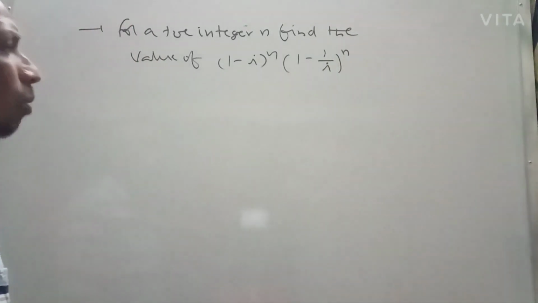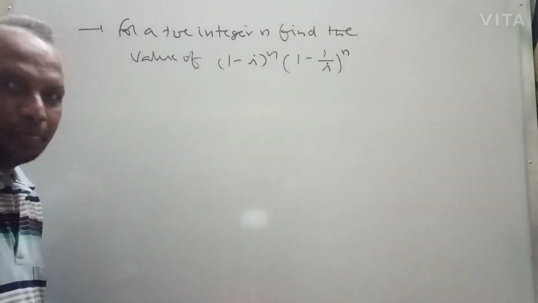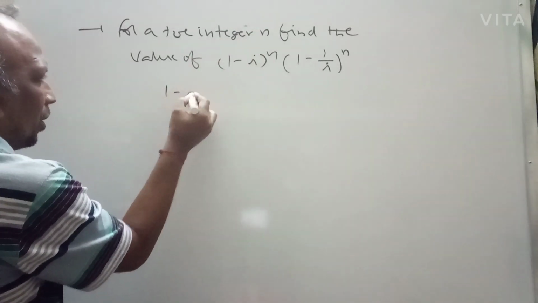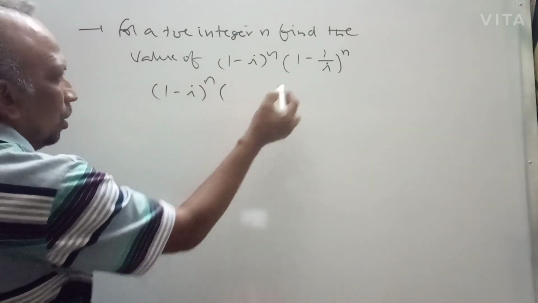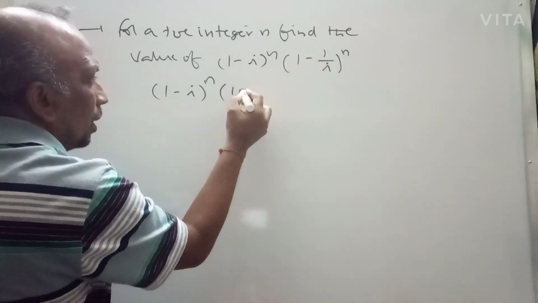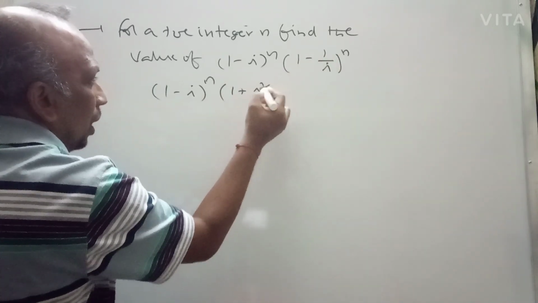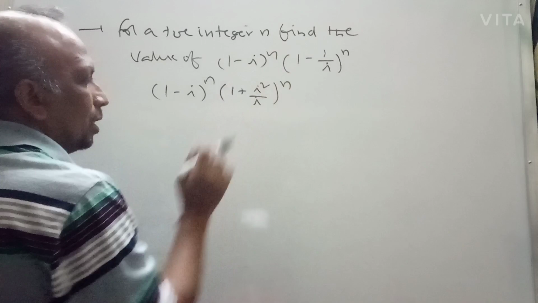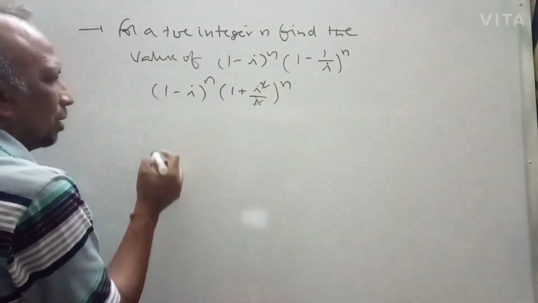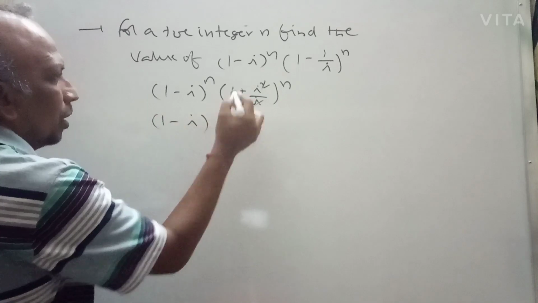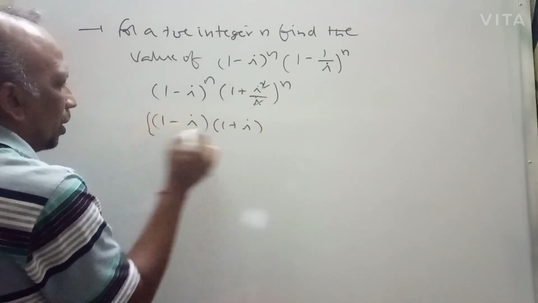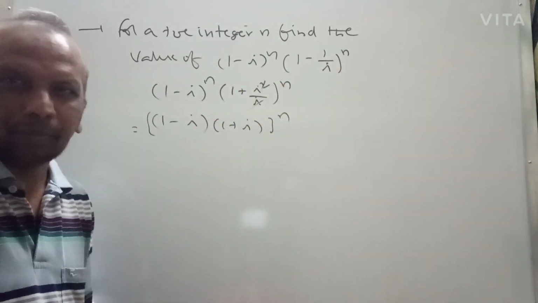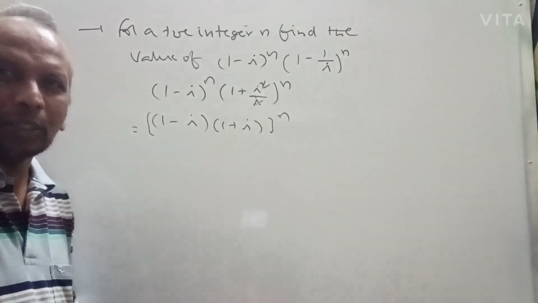Now you can see in this problem they are asking for a product of these. What I will do here is convenient. I can replace the 1 by i, writing minus 1 as i square. So it will become (1 minus i) into (1 plus i) whole power n. What I have done is replace minus 1 with i square, because we know that in complex numbers i square is equal to minus 1.